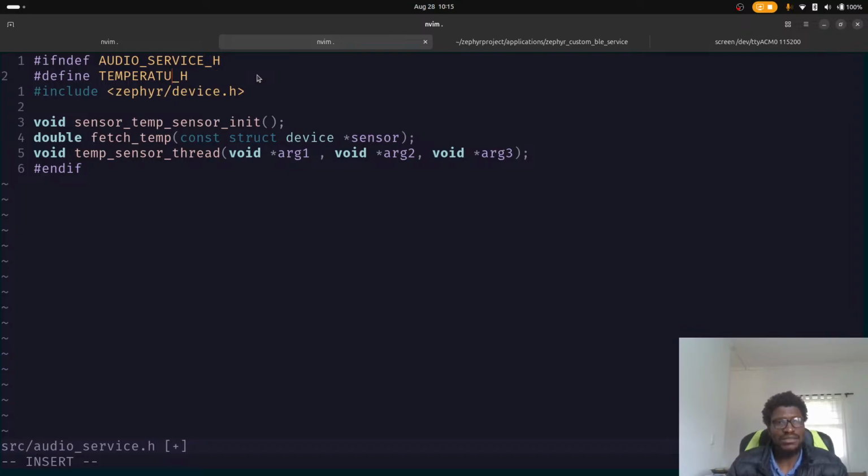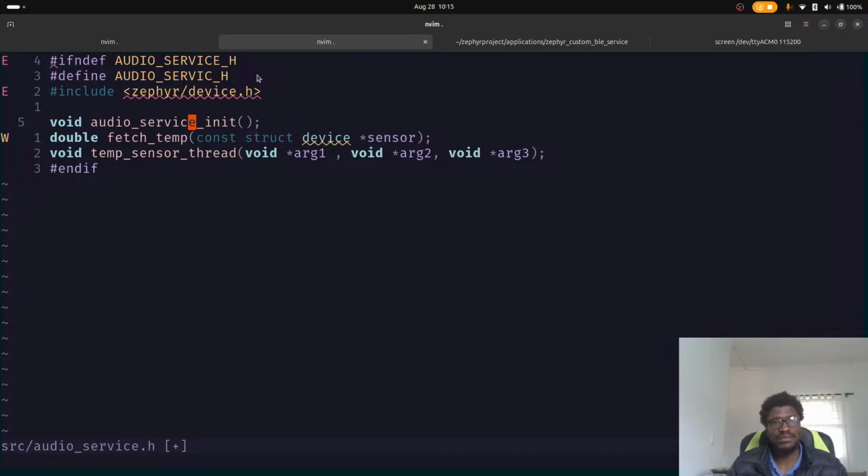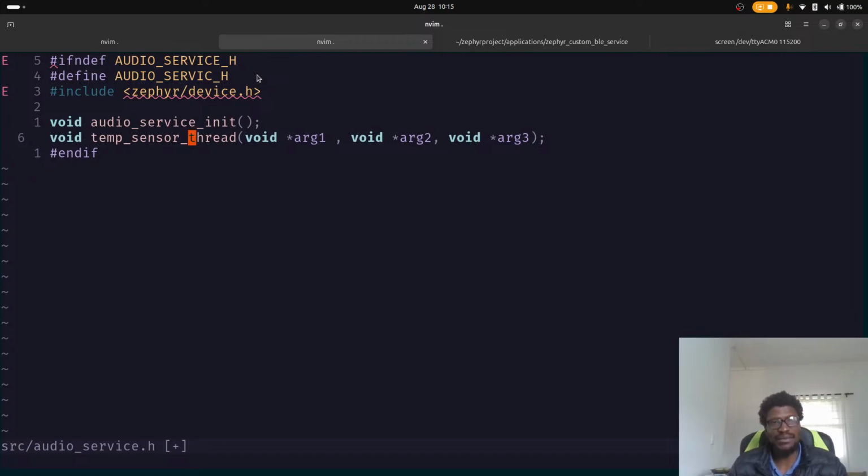and then define this audio service h, and then I can remove audio service init. Let's make an audio service init, and then double fetch temp. I don't need the double fetch temp. I don't need to return anything, yeah. And then I think I need to do something like